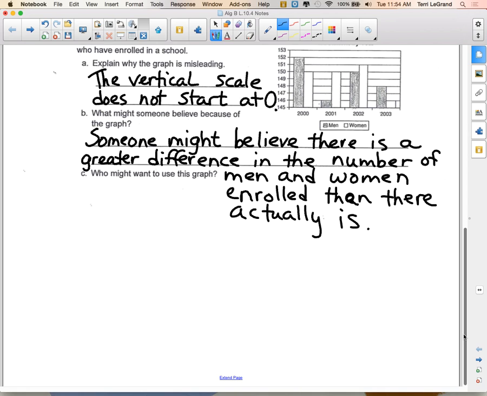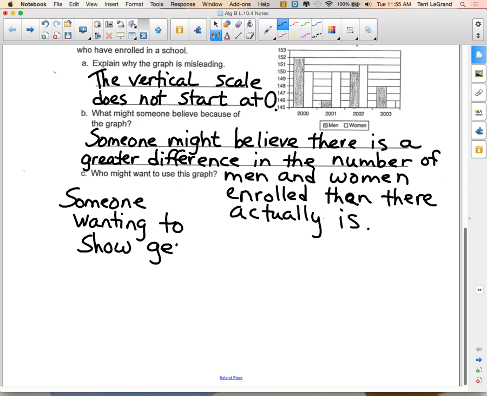So let's just say, who might use this graph? Someone wanting to show gender inequality